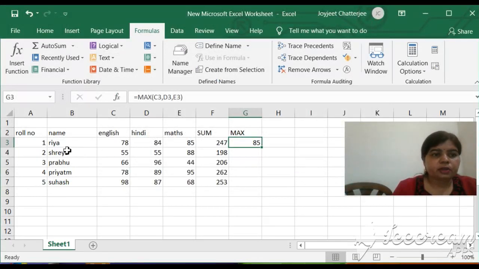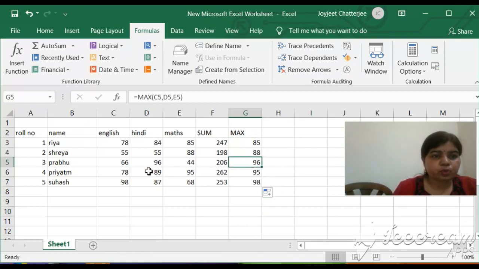So now you can see Riya got 78 marks in English, Hindi 84, Maths 85. So what is the maximum marks? That is 85, she got in Maths. So same, you can drag it and it will come for others also. And now here you can cross-check also, like 96.